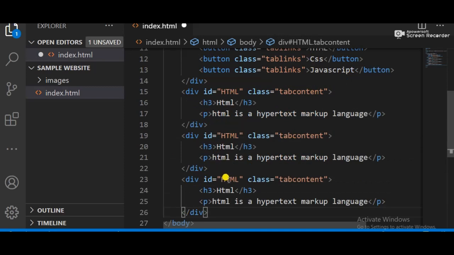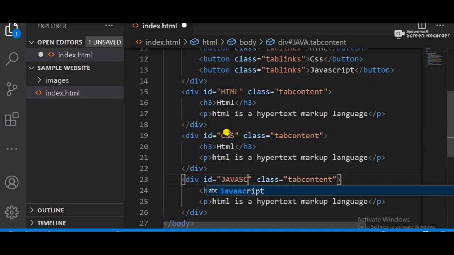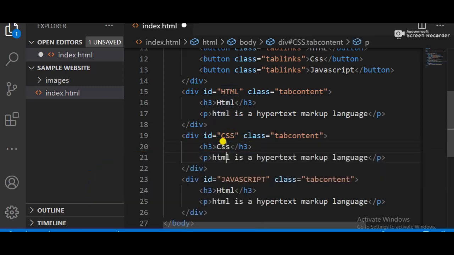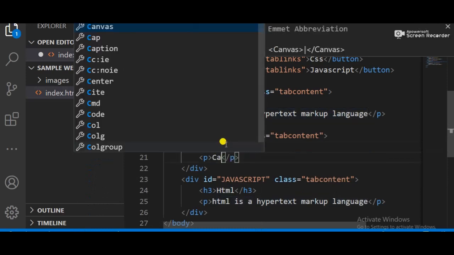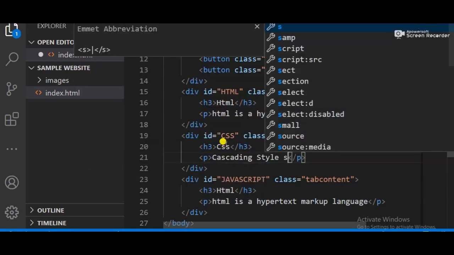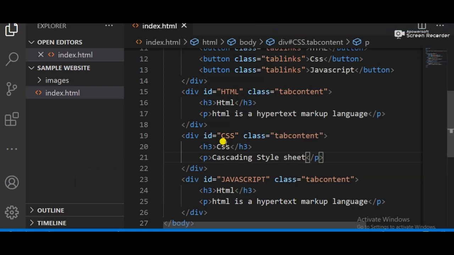This is the CSS and this is the JavaScript. That is the tab content, which I already defined. CSS means cascading style sheet. So what is a cascading style sheet? If you want to apply designs, layout and good styling on your website, showing something different, you need to use a style sheet. A style sheet is the most important part for web designers.